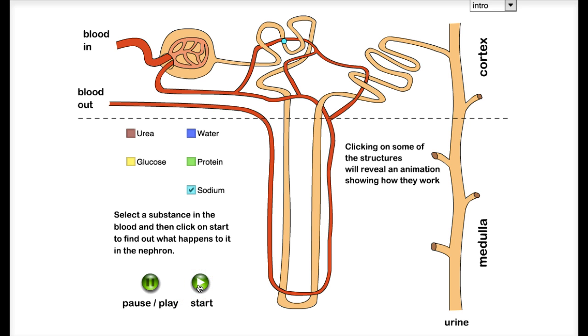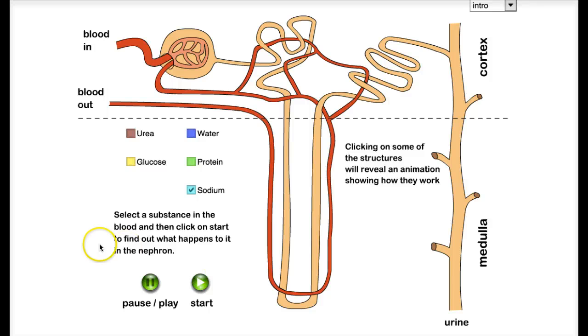Salt moves from the blood into the filtrate. Some of the salt goes back into the blood there, and the remainder of the salt stays in the filtrate. So in this particular case, if you've had an incredibly salty meal, some of the salt will be filtered out into your urine and removed from the body. So the excess salt or the excess sodium will be removed. And then the adequate amount of sodium that you do want to keep in the blood will be reabsorbed back